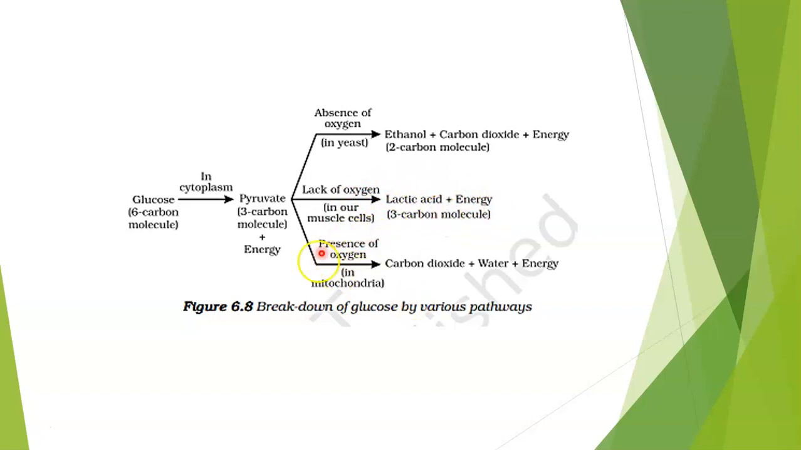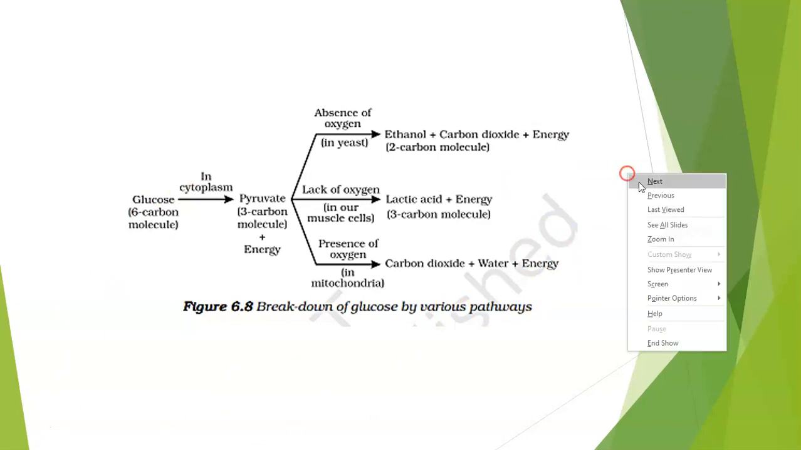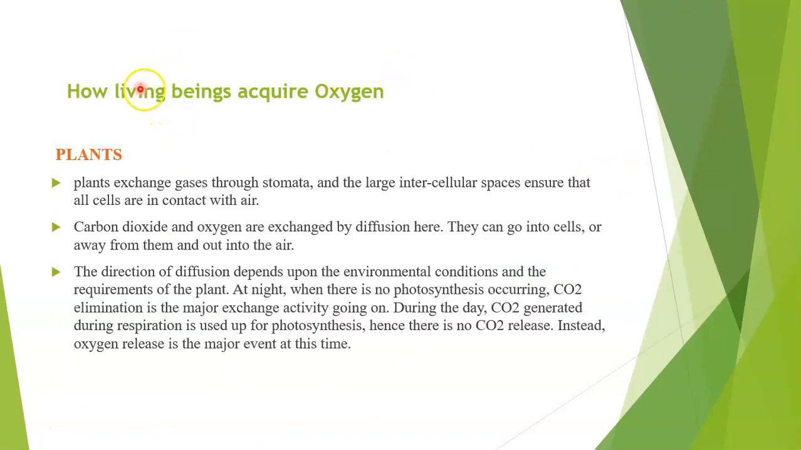ठीक है, और ये जो presence of oxygen है ये normal process होता है जिसमें carbon dioxide, water और energy बनती है. So this is a complete pathway of the glucose breakdown. Okay, now after this the next question comes: how do living beings acquire oxygen? तो हमने पिछले slides में पढ़ा था कि aerobic respiration happens in the presence of oxygen, right? Now when oxygen is so required for aerobic respiration,